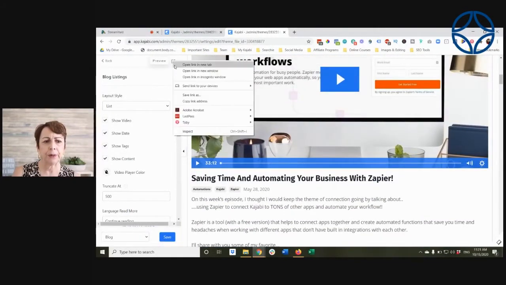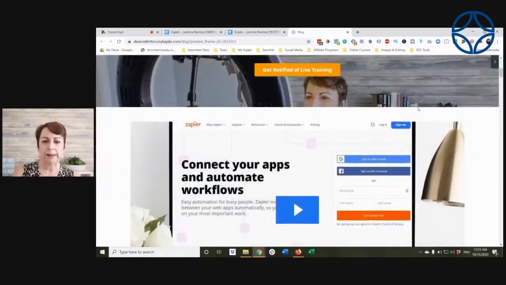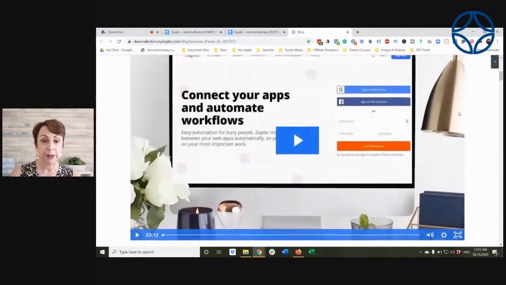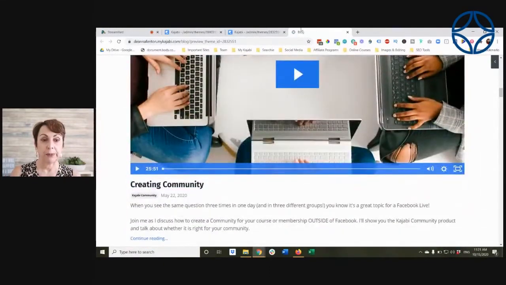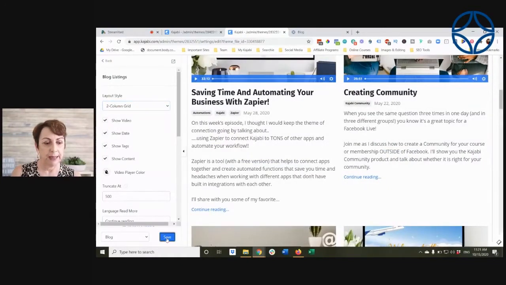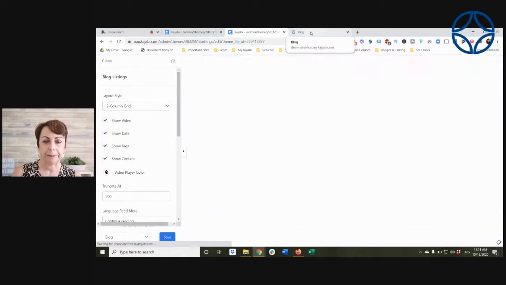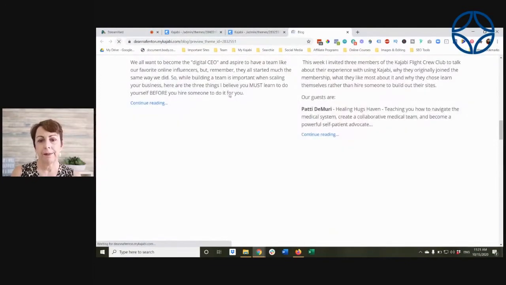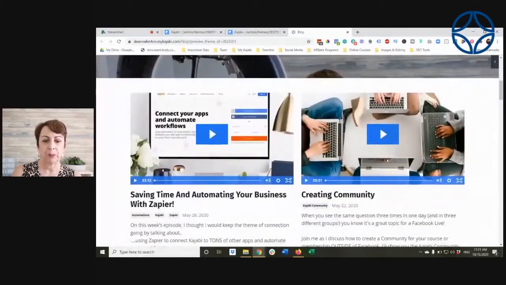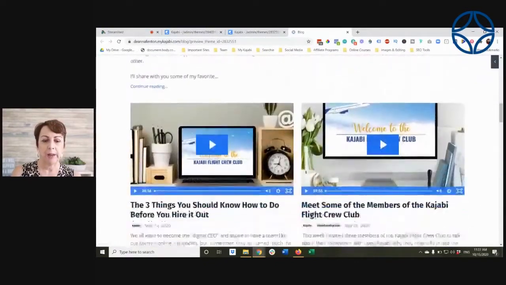And let me show you quickly what that looks like. So this would be the current version. And you can enable the sidebar. I don't like the sidebar, so I didn't enable the sidebar. But you can see right here then, these are all my blog posts. So that's one way to do it. The other is what I showed you, which I think is the way that I would like to do it, is a 2-column grid. And you just have a great number of options now on how you want your post to appear. So now I have 2-column grid.